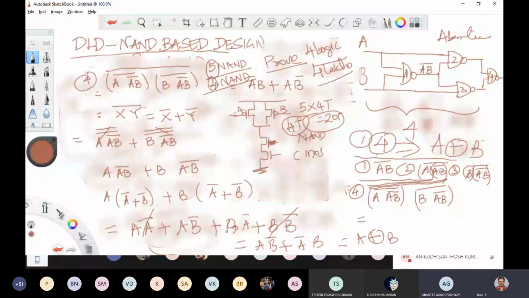What I want to tell you is, once the design is given to 2 different teams, let me assume Sachin team and Abhanti team. Sachin team is giving the product with 20 transistors, and he's telling the cost of the product as 5 lakhs. Now Abhanti team is providing the same design with the same functionality, costing the project as 4 lakhs. So now the customer will always purchase the low cost device.